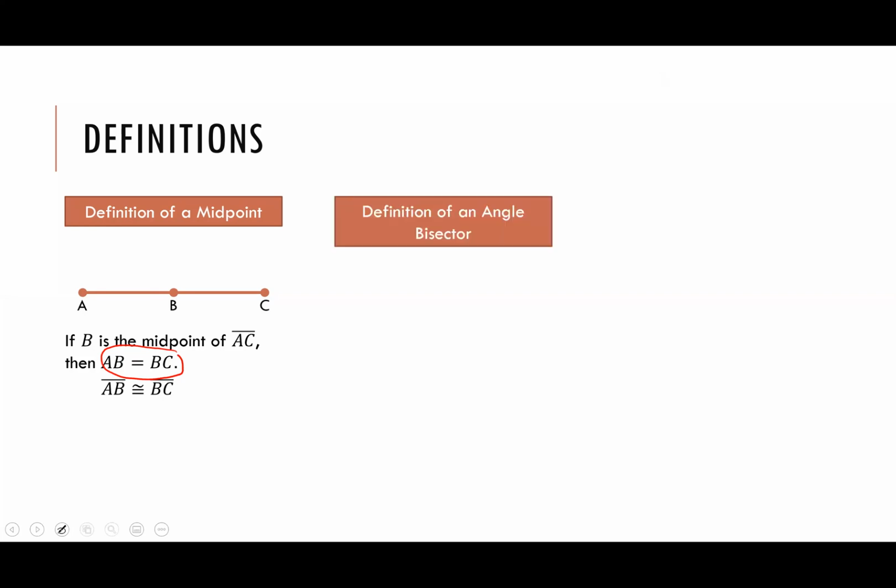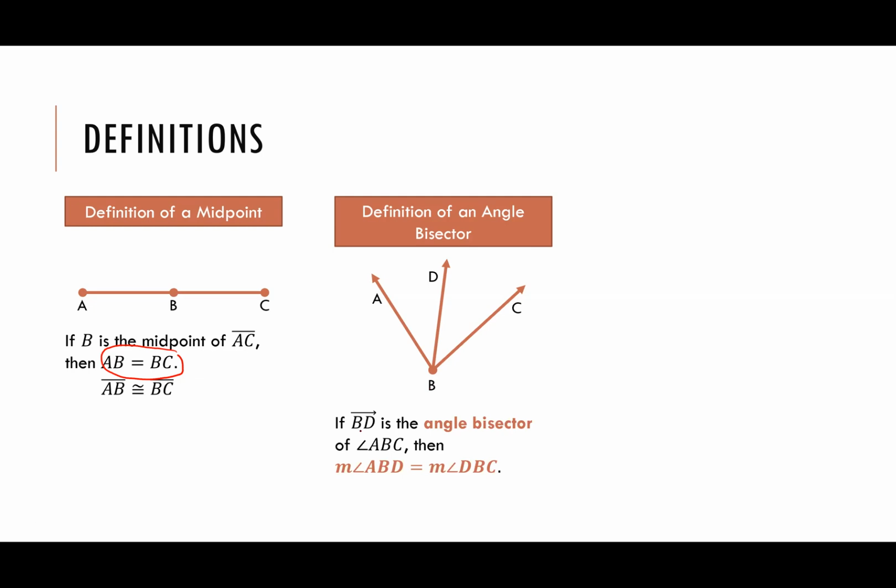First we'll start with an angle bisector. If we are given this angle, the whole big one, ABC, and then you've got this line down the middle, BD. That's actually called a ray. It only continues in one direction. So you've got ray BD. Then if ray BD is the angle bisector of angle ABC, then that tells us that angle ABD is equal